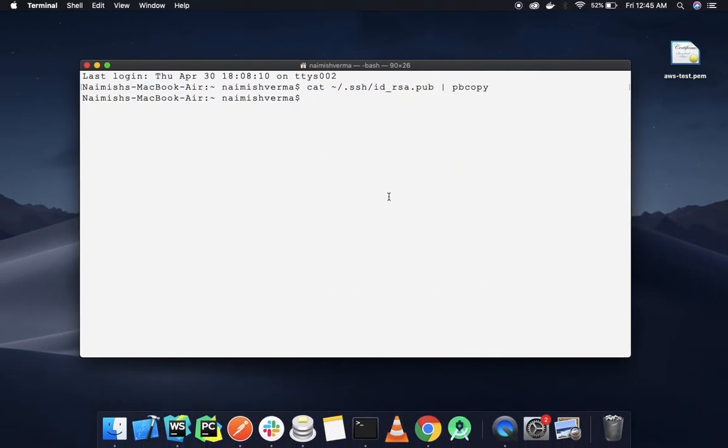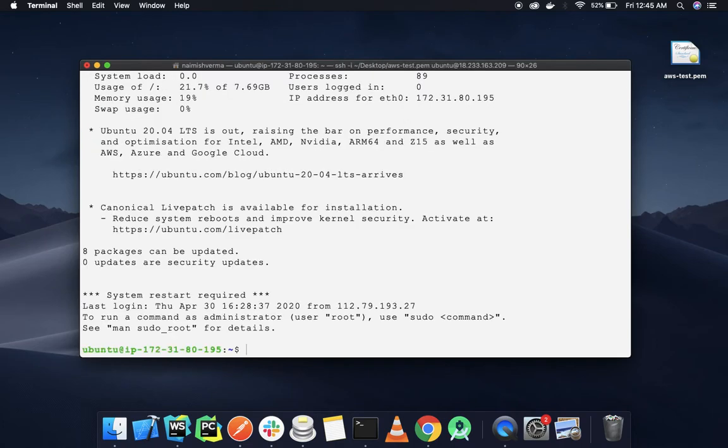Now we can SSH into the EC2 instance and we are going to create one project directory where we will be deploying our code.